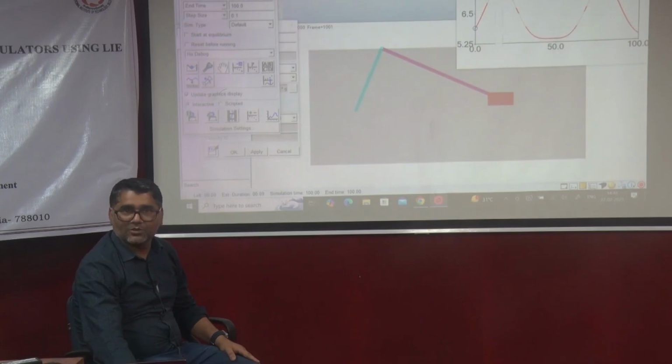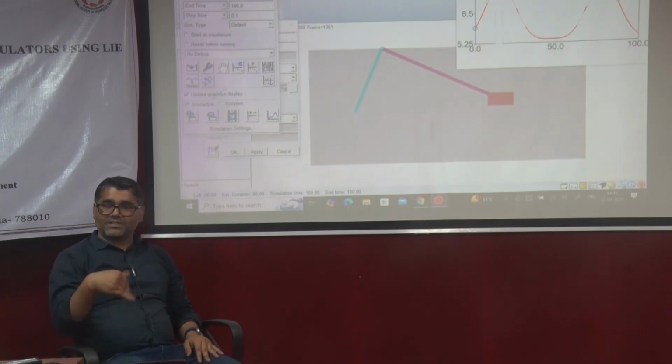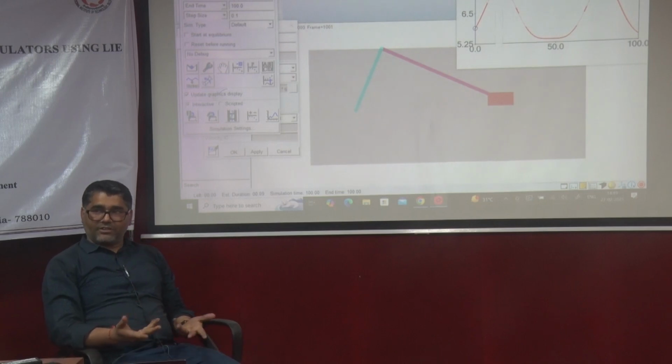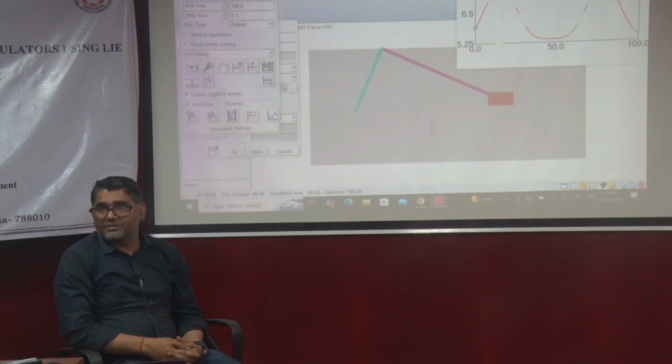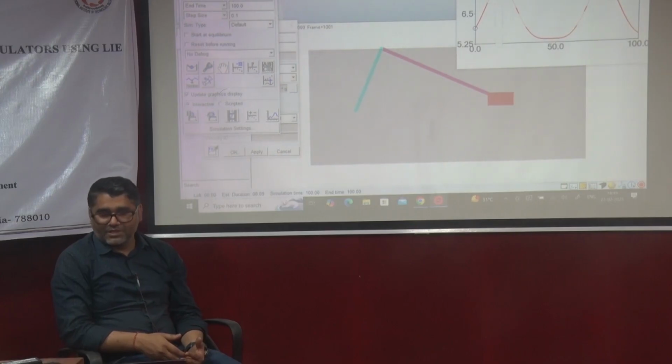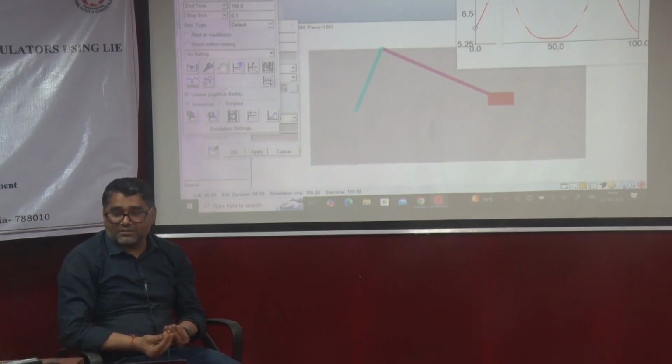Okay, so this is the rotation which is happening in the joint. Accordingly, you can give a specification for your joint. This is a very good software for doing this kind of job. Now you want to track the motion,